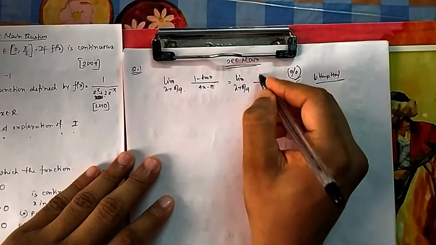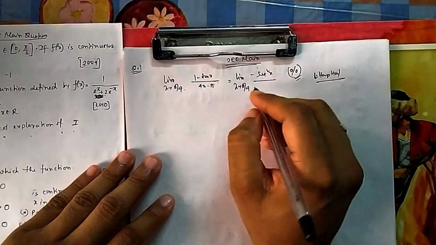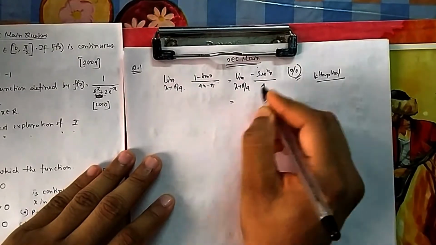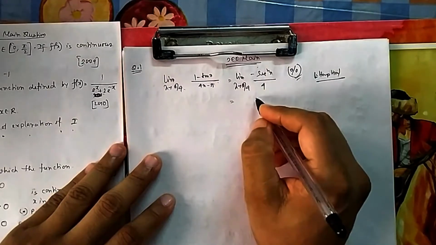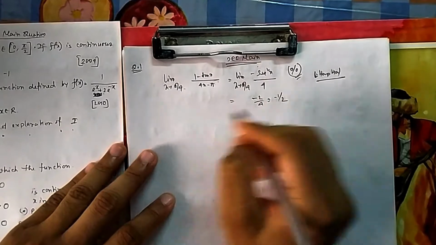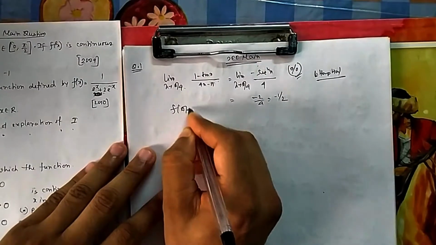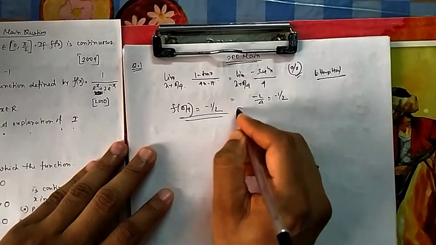Those who have not done differentiation, kindly bear with me for some time. And this is 4. Now if you put x equal to pi by 4, sec(pi by 4) is root 2, squared that is 2. So it is minus 2 by 4, that is minus half. Because the limit is minus half, you will define the function at x equal to pi by 4 as minus half, so that it becomes continuous. So that is your option C.